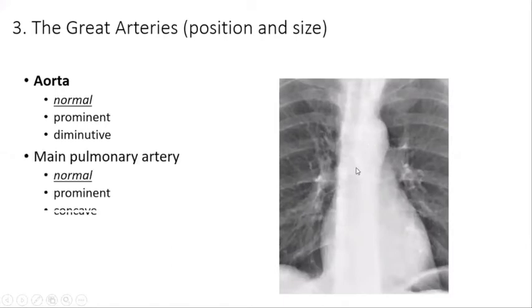Now, similarly, the pulmonary artery. We'll be discussing the changes in these vessels. The pulmonary artery arises from the right ventricle, passes superiorly, and divides to give rise to the right pulmonary artery and the left pulmonary artery, which again divides into two branches on the left side and three branches on the right side. The left pulmonary artery is superior compared to the right pulmonary artery. So the left hilum is superior compared to the right hilum.